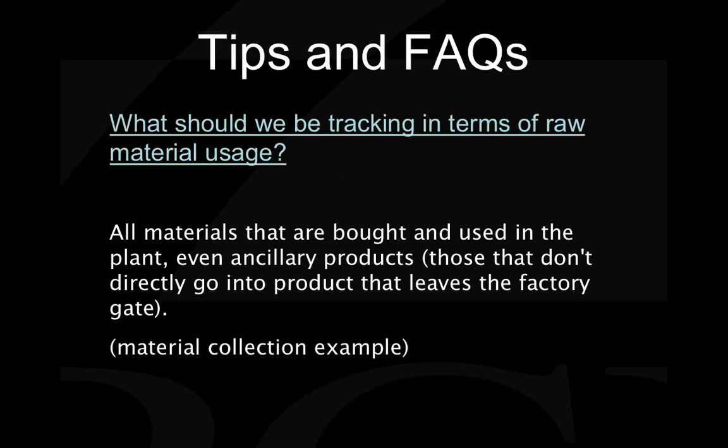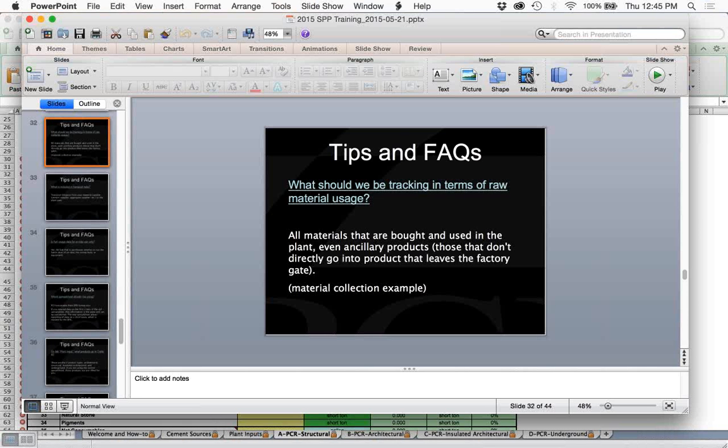So one of the first questions I got is what we should be tracking in terms of raw material usage. So basically it's everything. Anything that you buy and use in your plant, even if it's an auxiliary product, things that don't go directly into the product need to be tracked. So to give you an example of what this looks like,